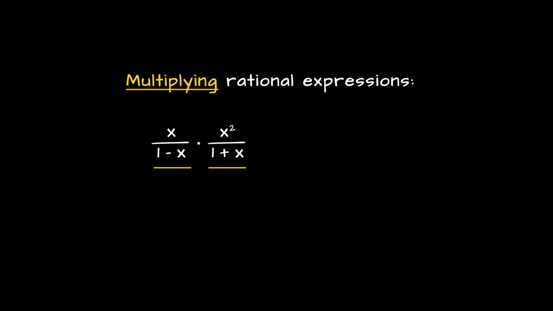And that's exactly how we are going to approach multiplying these two rational expressions. So I'm going to begin here by rewriting this as x times x squared, right? We're going to multiply the numerators together, and then dividing that by 1 minus x times 1 plus x, multiplying